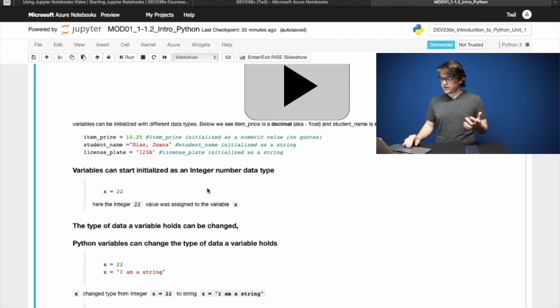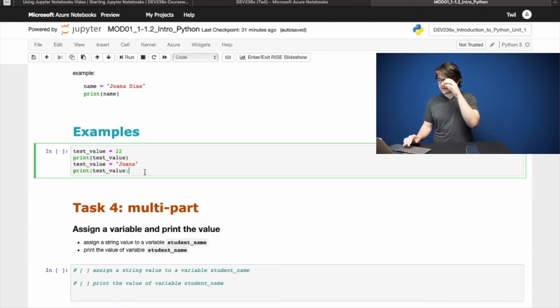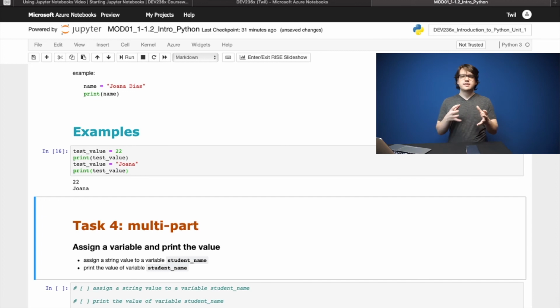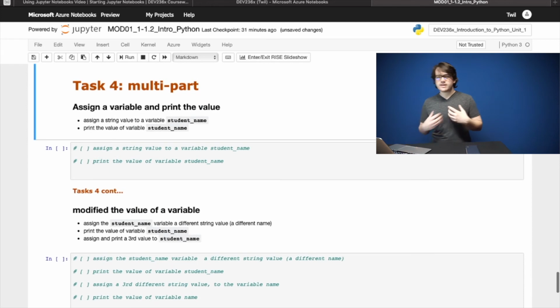So let's see what we have here. Okay, let's print so that we can see the same variable. It's the same, like you first use the integer and then you use the string. And you can see you can assign for the same variable first the integer, then the string, so you can change the data types, from what I'm understanding.